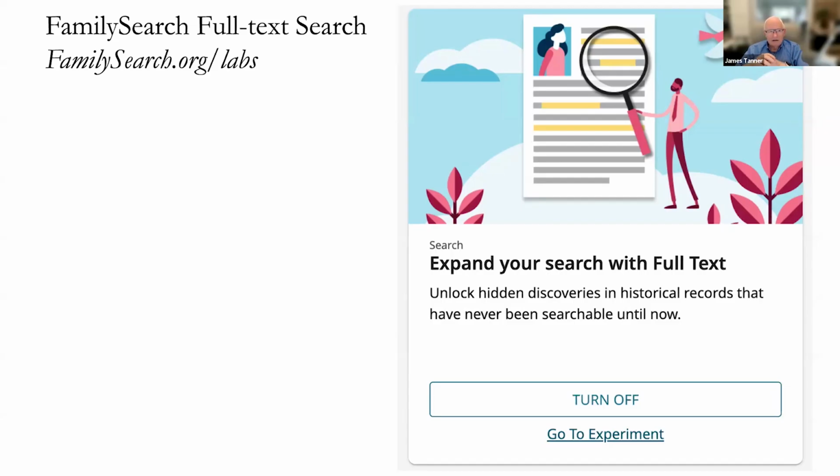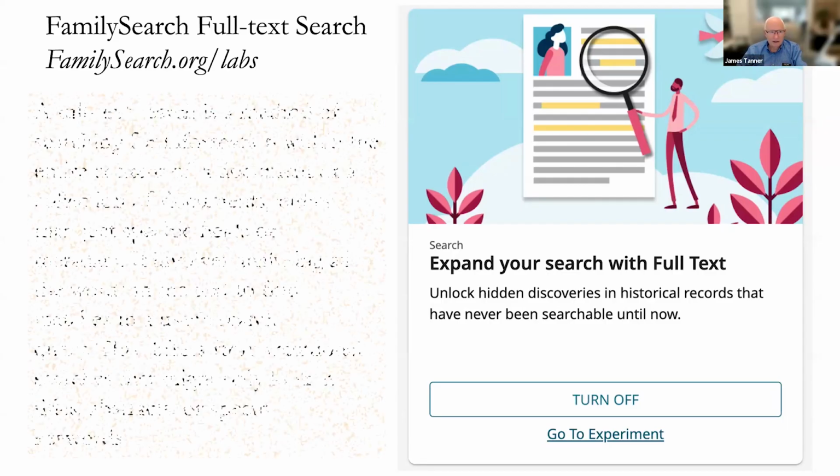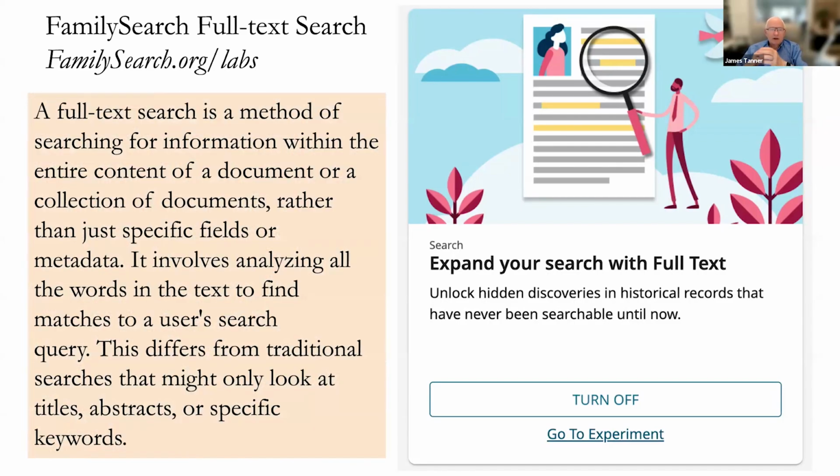And FamilySearch has been at least in the forefront of creating this kind of direct access to the records through what's called full text search. So here's the definition. A full text search is a method of searching for information within the entire content of a document or a collection of documents